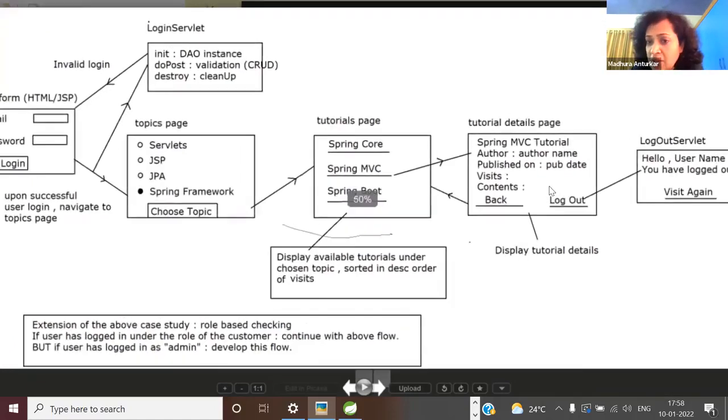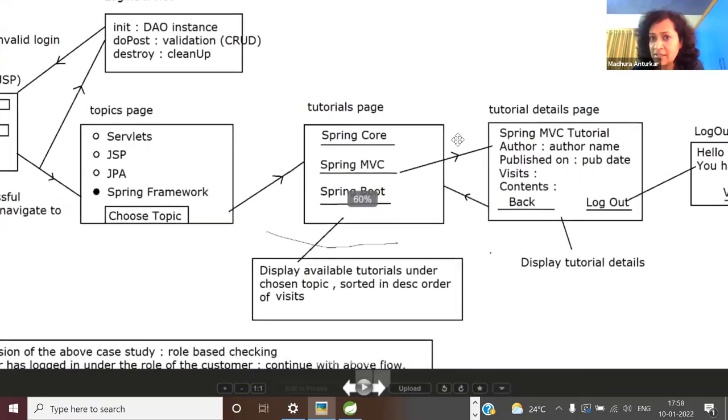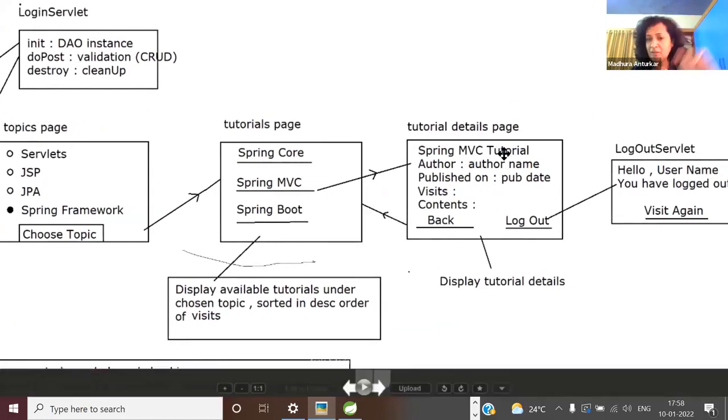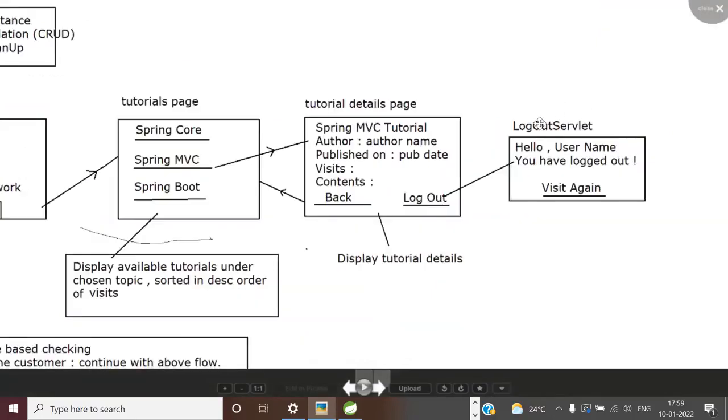Then you will take the user to the tutorial details page, where the tutorial topic, the title of the tutorial, the author, when it was published, what are the visits, and the tutorials, or you can have a logout button, a link I mean, here, and here you'll say hello username.